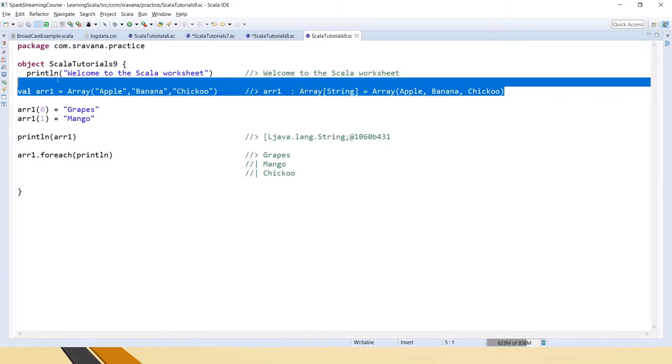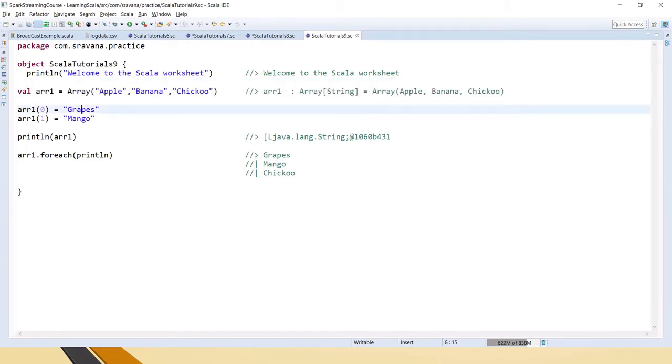This is the initial array, and we have assigned grapes to the 0th position and mango to the next position.